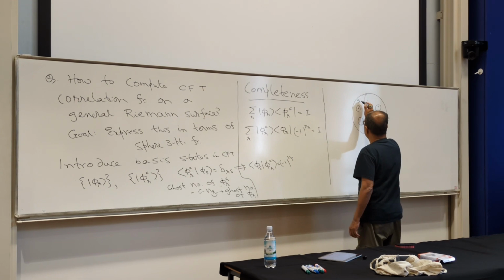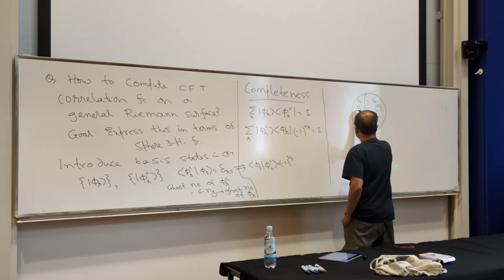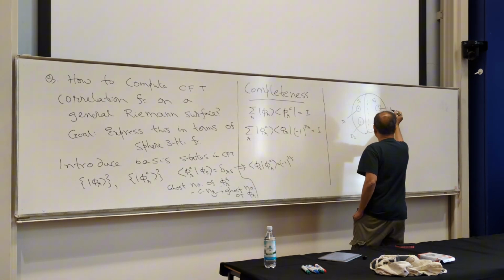I call this the sphere S1, this is the sphere S2. These are our disks D1, D2, D3, D4,